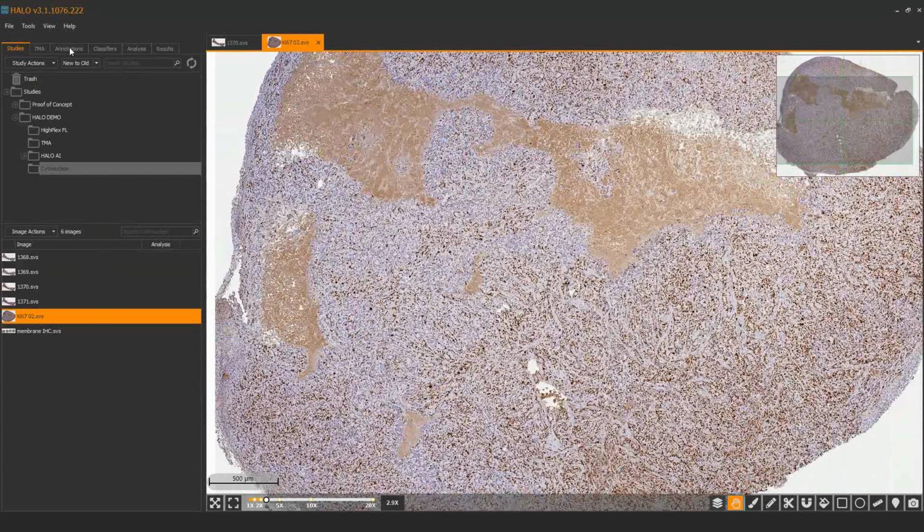Okay, so let's move on to the annotations tab. I'm just going to select this tab from the top toolbar, and you'll see that we've got